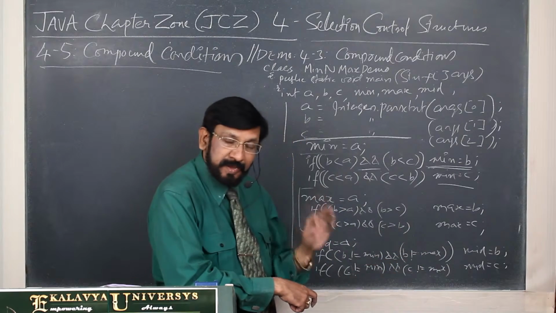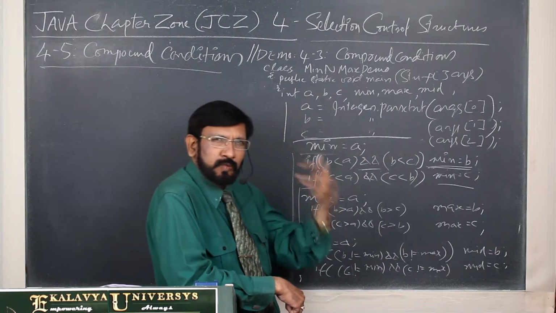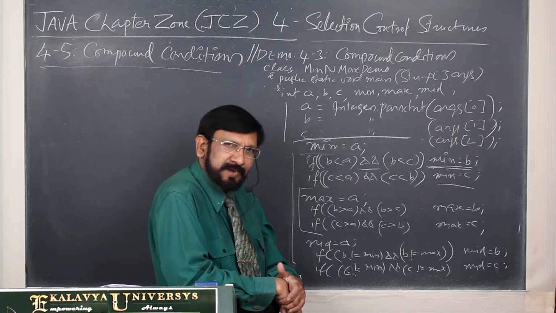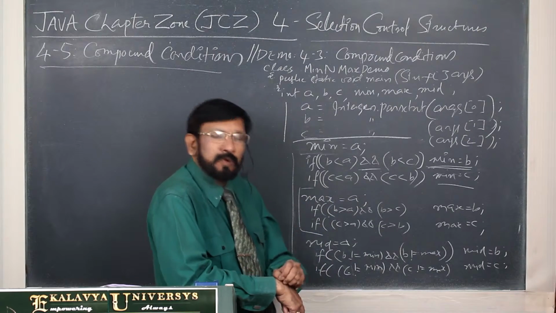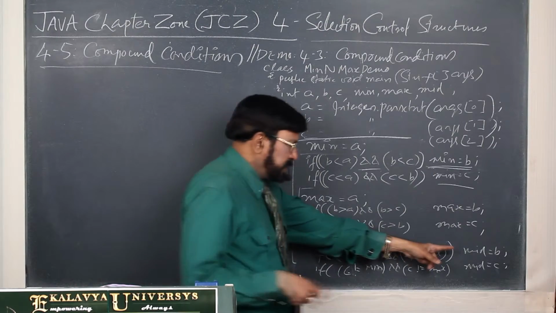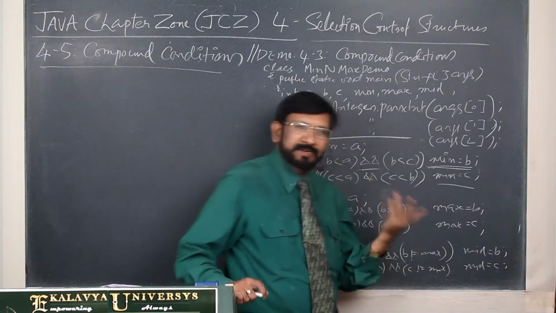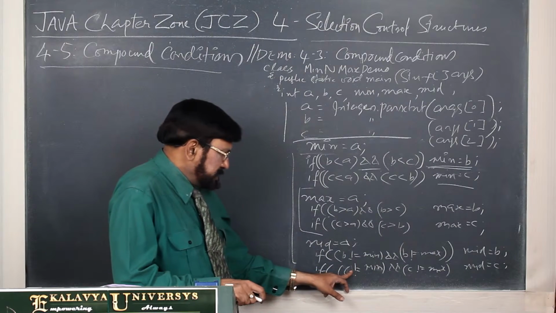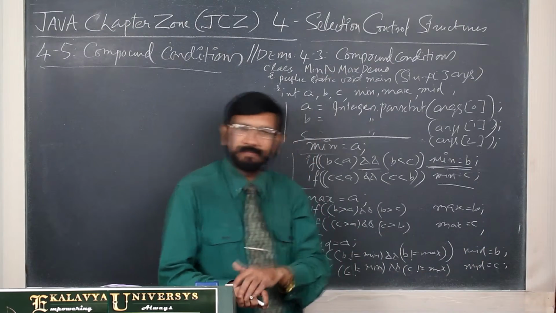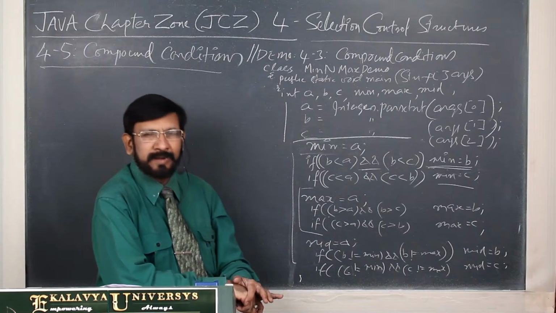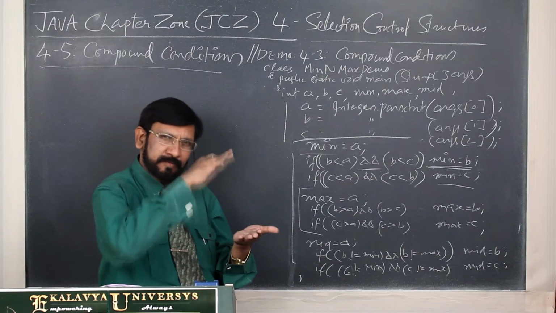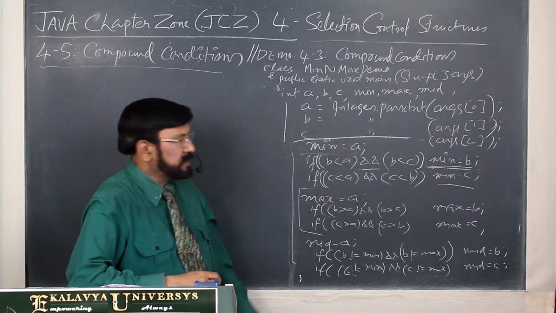This is the way whatever you think of, you must be in a position to translate into computer language instructions. Understand? That is the real challenge. So that's why you should have perfect command over each and every concept. Then only you can write that. Then mid is B. Next, when mid is C? C is not min and C is not max. Mid is C. Now you are able to find min, max and mid. Then write them in ascending order: first min, mid, max.